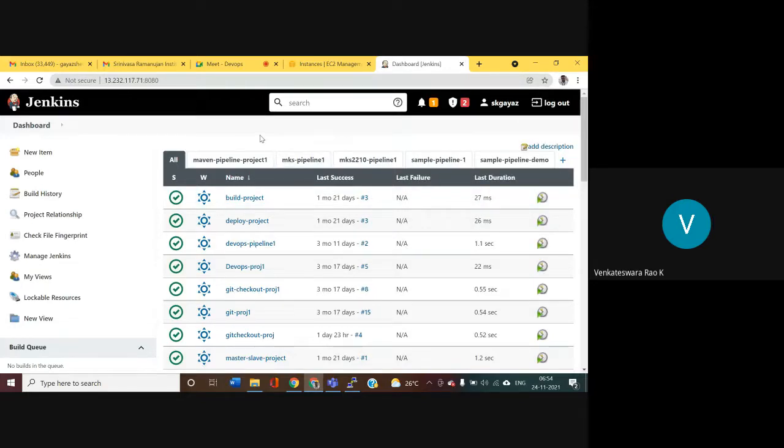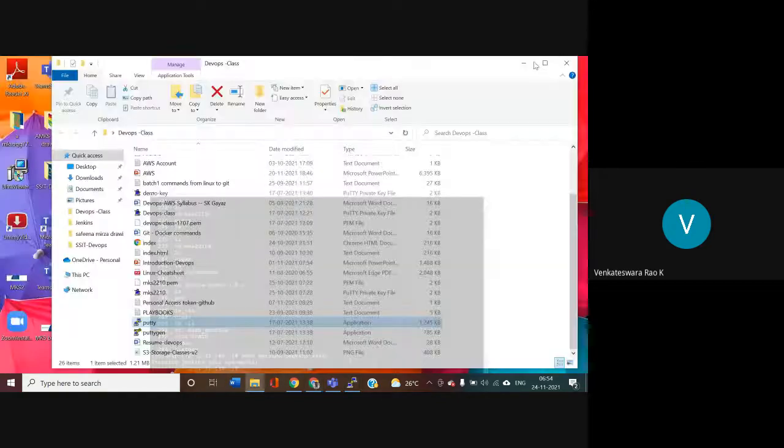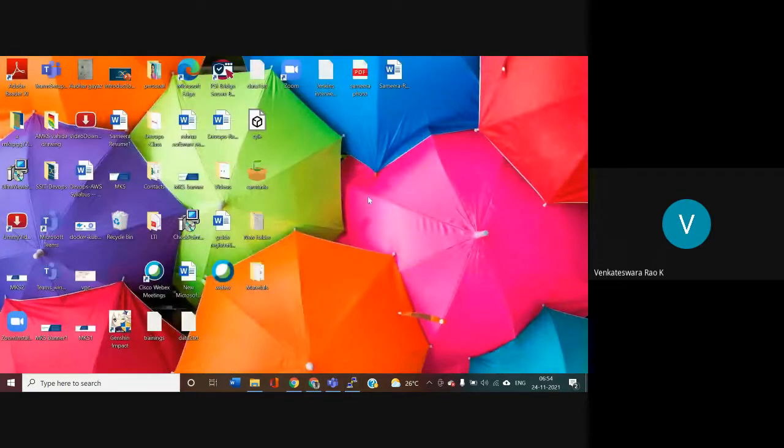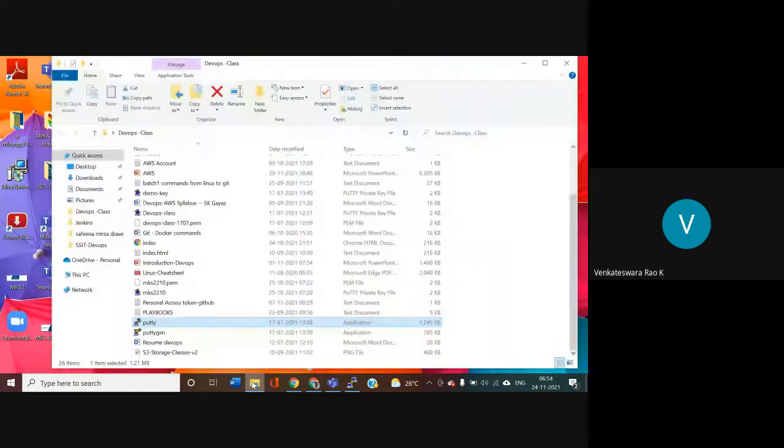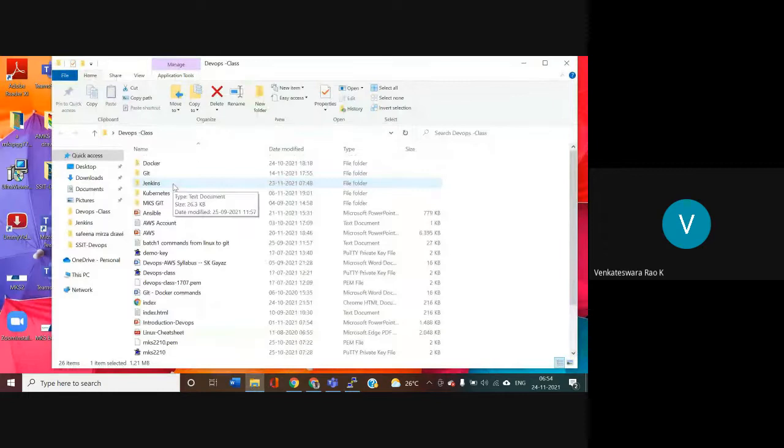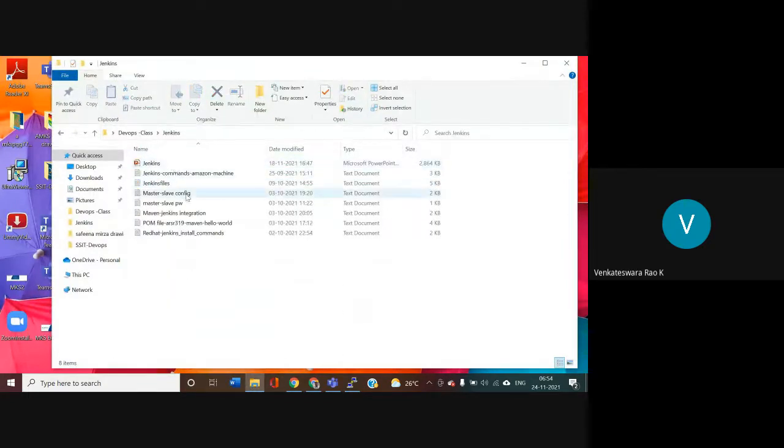Okay, so now the master slave configuration is pending from our end. For master slave configuration, we have to do some configuration changes.